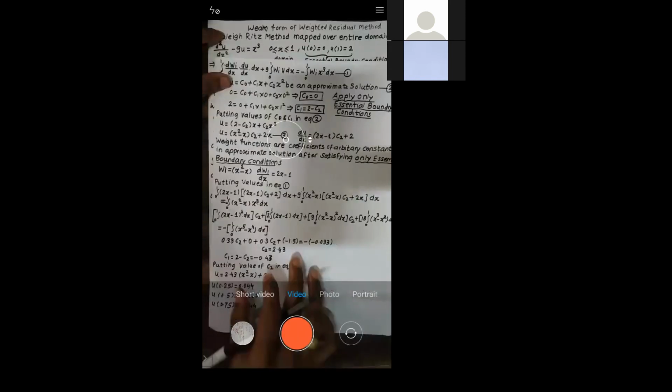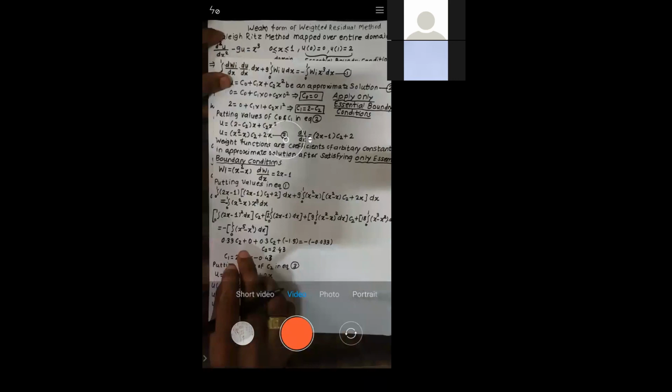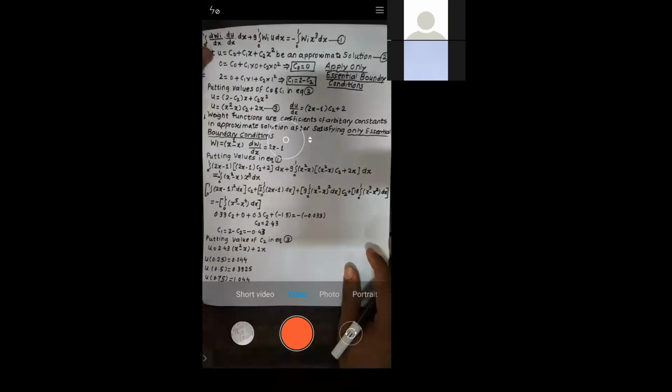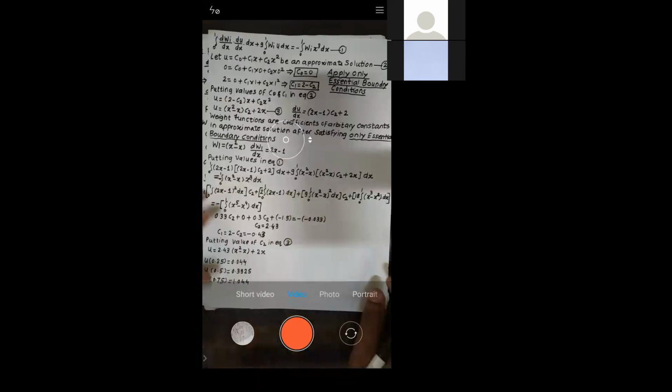In that approximate solution, whatever constants you have, their coefficients are nothing but weight functions. Then you solve, and the values of the constants you get, you resubstitute in the approximate solution. Now in this equation you put different values of x, so you'll get different values of u. Is it okay to everyone? Yes, sir. Okay, so see, this is the first problem which we